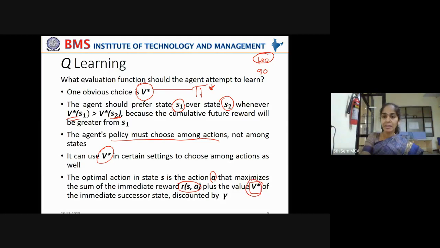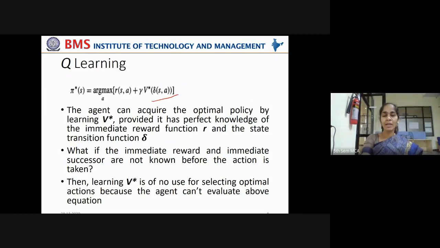That V star can be taken, discounted by gamma. That is the discounting factor. So how can you represent that mathematically? The optimal control policy pi star to move from a board state, or to move from a robot state, from one state to another state, what would be the optimal control policy? It is nothing but maximizing what? The sum of rewards for moving from that state by taking action A